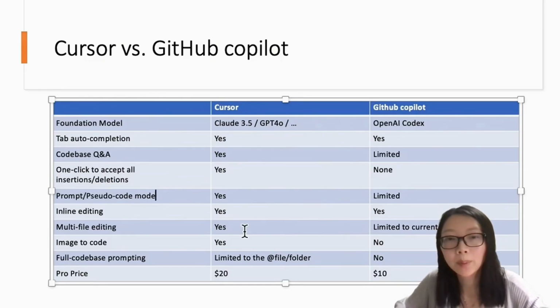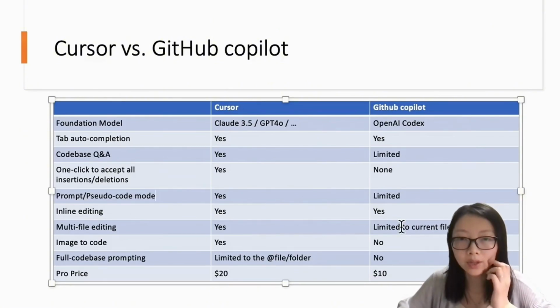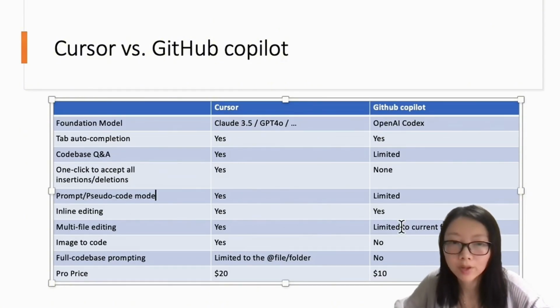For GitHub Copilot, they can only add the current file. Not sure when they're going to include the feature. You basically just need to index all those code scripts in the database or store them in the RAG model. There's a lot of information retrieval you can optimize in here.